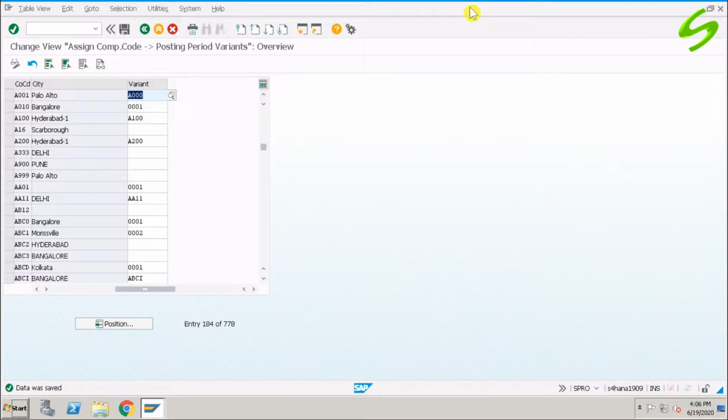Now let's go to the third activity, which is open posting periods. We can use transaction code OB52, or we can use a new transaction code which is there in the user menu, FAGL_EHP4_T001B_COFI, or we can also use another transaction code. You may not find it in the SAP menu because this is an old transaction, but if you execute it in the command field, it will take us to the open posting period screen. So let's use transaction code OB52,